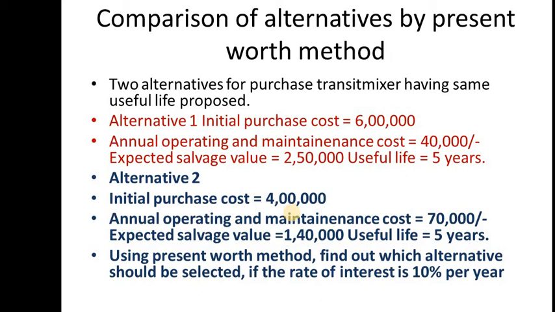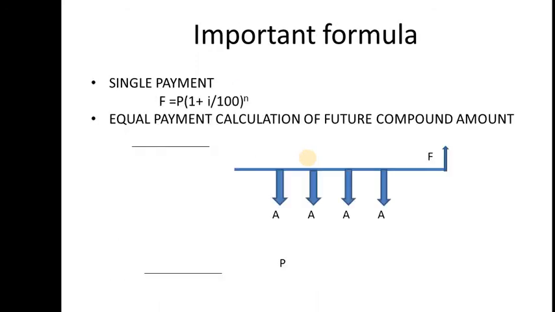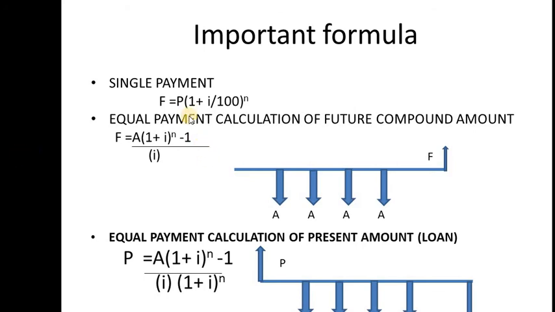So now the thing is, we have three formulas. This one definitely we cannot use because it's not a single payment. It is annual payment. So of these two, which formula do we have to use? Here, I have to choose one formula for the annual equal maintenance operating cost, right? So which formula do I have to choose for 40,000? Definitely, 40,000 is A only.